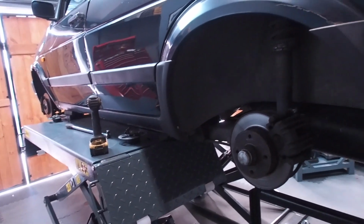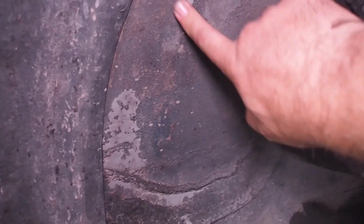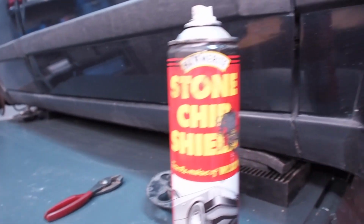Car's on the ramp, wheels are off. But before I get on to actually fitting the suspension kit, I did notice I don't really like the look of this. All the stone guard is falling off on here because of the heat. It's actually melting off. So what I'm going to do is get the jet wash out and remove what's loose, and then go over it with some Hammerite stone chip shield,